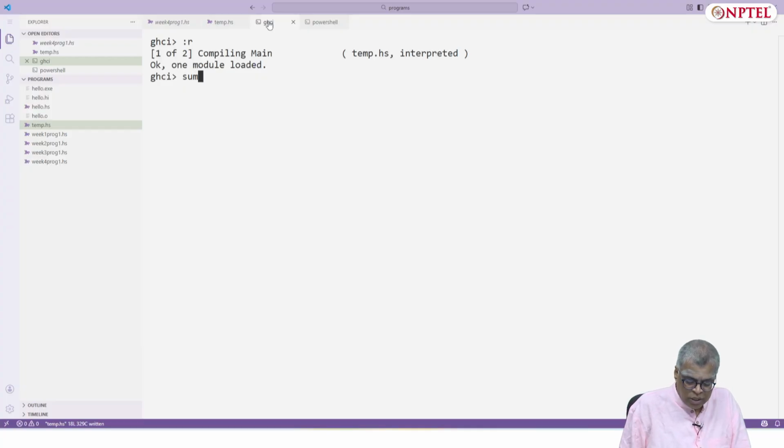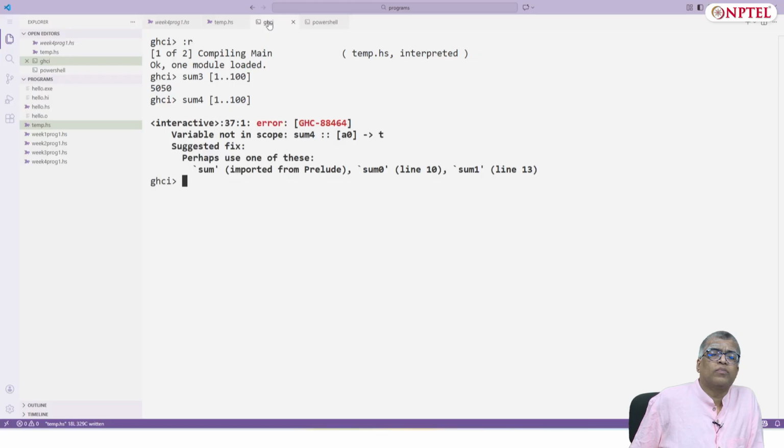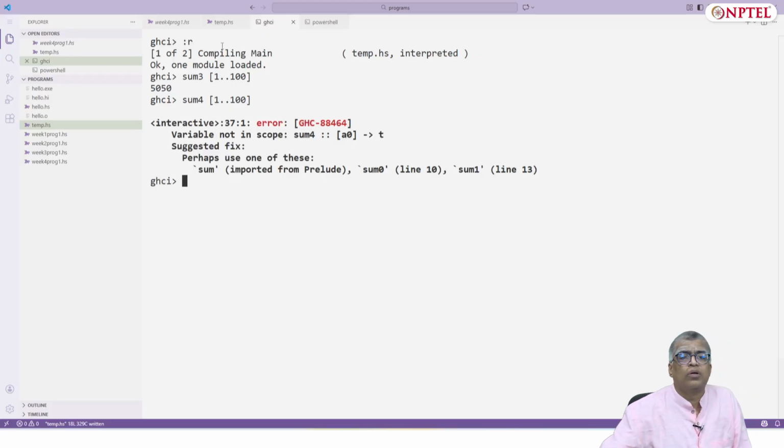Okay. So now I can say sum3 1 dot dot 100, sum4 1 dot dot 100. I have called it sum0 to sum3.